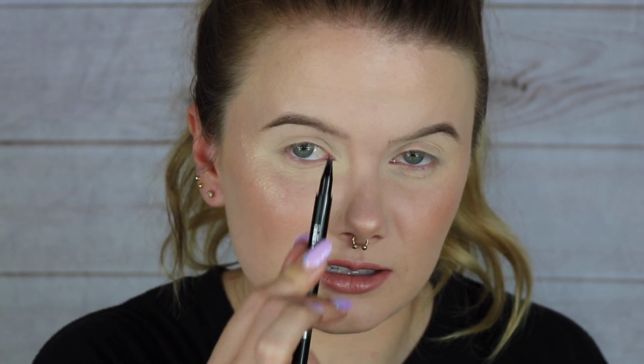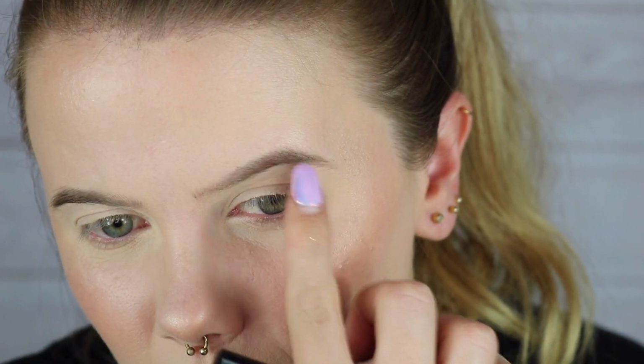I kind of like it, but I kind of also don't. There's some definite pros and cons with it. The pro is I do like the tip of this pen. It is really nice for filling in this front part of the brow, creating some natural hair strokes if you have it very thin. However, when you get into filling in the rest of the brow, I feel like it looks a little bit wonky, and I'm having some issues with the product getting a little bit crumbly in here,